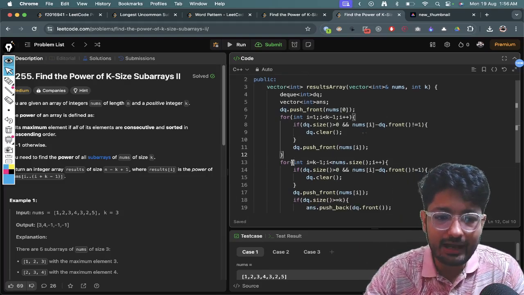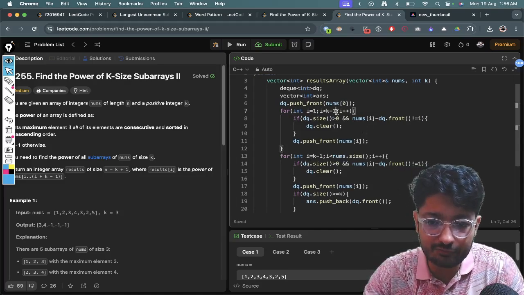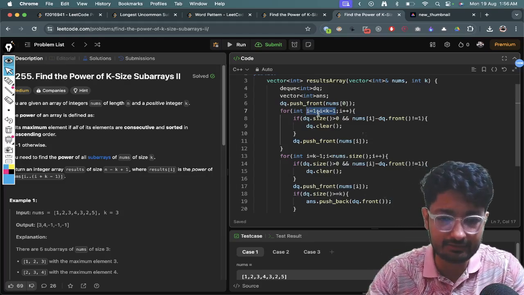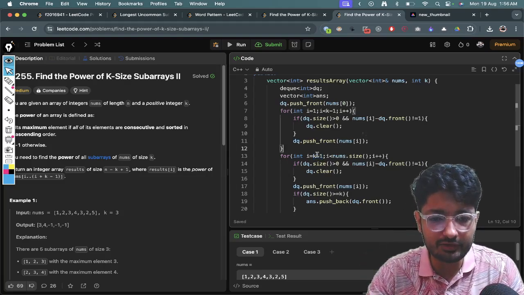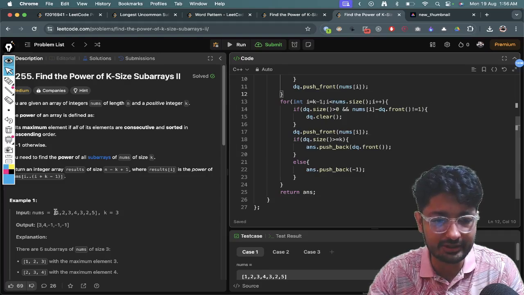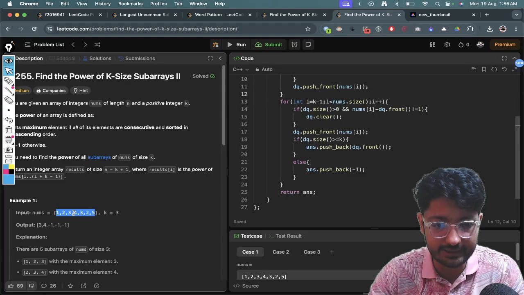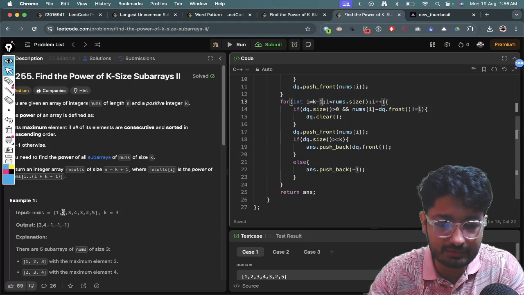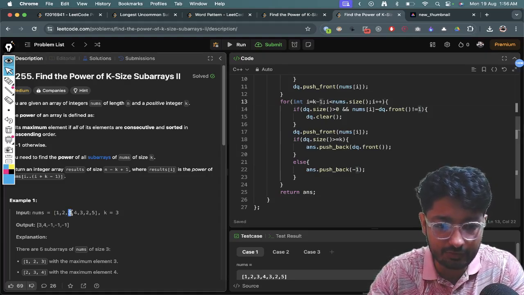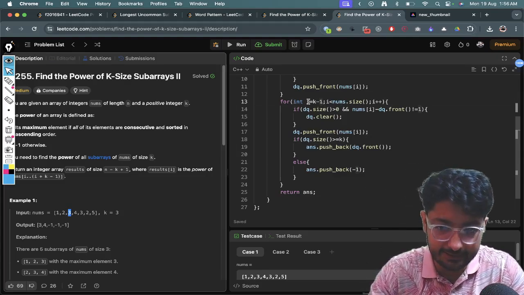Okay, then I have to now start pushing. So I have pushed the first k minus 1 numbers. Now starting from k, because I have to take from k, the first k minus 2 are not subarrays because these are smaller subarrays. After k, I can start building the subarrays of size k. So I have pushed up to k minus 1. Now I have started from this string to find the subarrays of size k